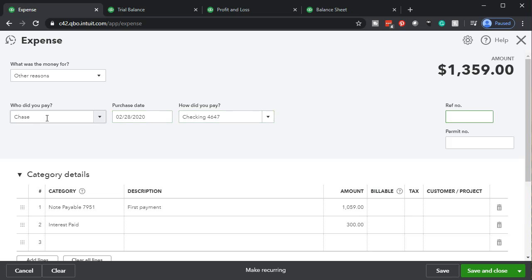Coming out of the checking account. Notice it's trying to memorize my transaction down here, and that's nice because it has these two accounts already there. However, the amounts are wrong. So that's the problem. Now, if we were to use the simplified method with the adjusting entry process